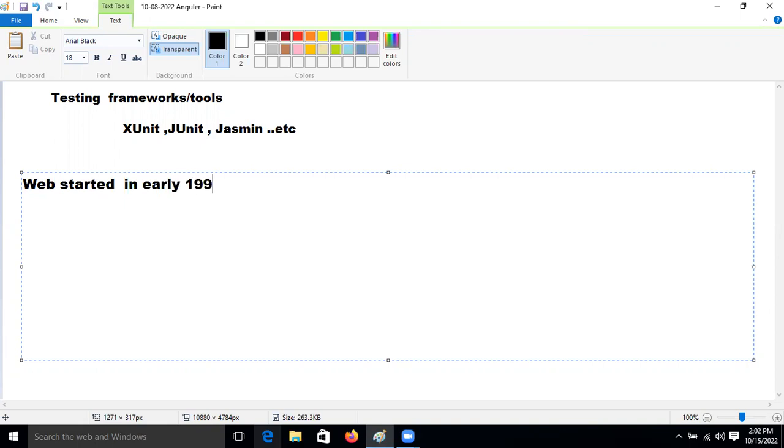Who started it? Tim Berners-Lee. Tim Berners-Lee introduced this concept of the web in the 1990s.